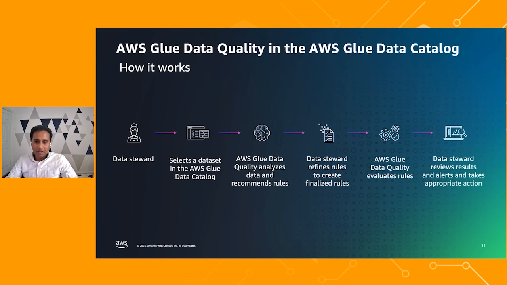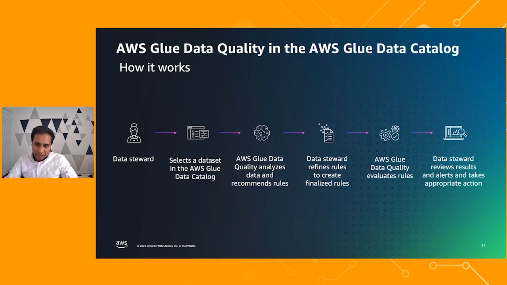Glue provides more than 25 rules for you to manage quality of data. This includes simple checks like null counts or standard deviation checks, all the way to very complex ones to compare two data sets to find what's matching and what's not matching, referential integrity between data sets. And once you create the rules, now you can operationalize this by scheduling them. You can schedule it directly from the Glue Data Catalog. If you don't like that, you can schedule it from EventBridge or your choice of scheduler, because we provide all the APIs to create and even evaluate data quality rules.